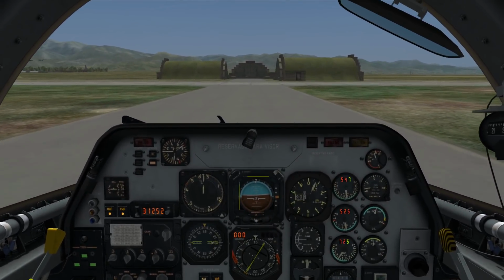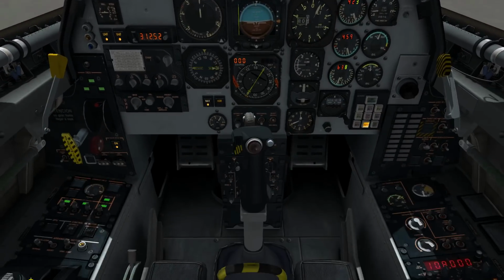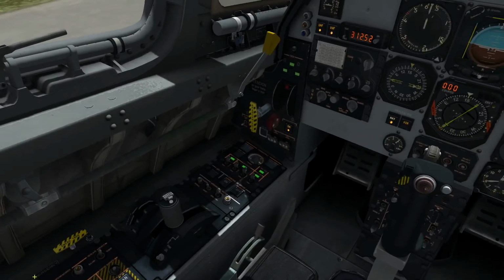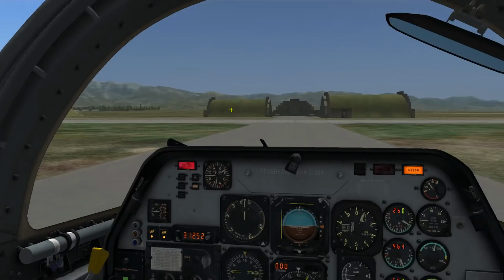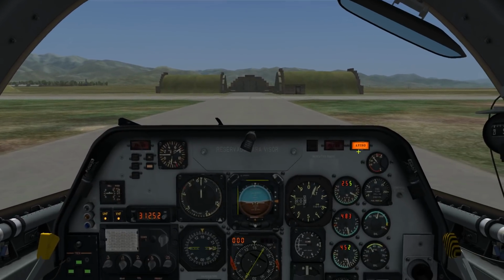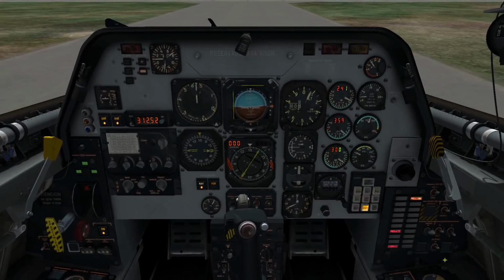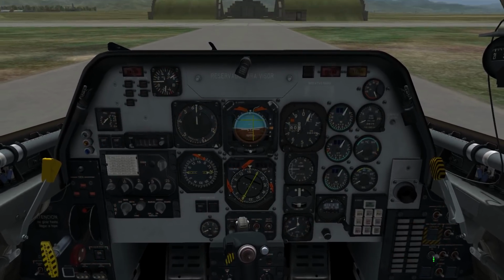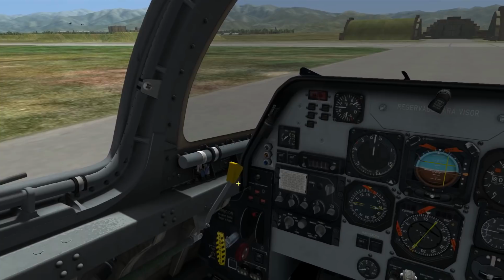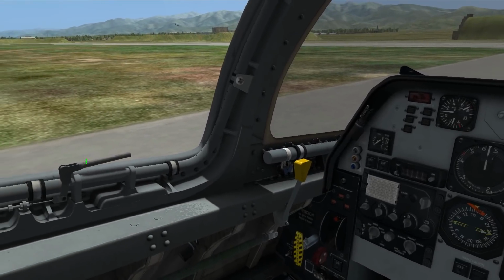And then we'll bring this to a rest here. And then what we'll do is power off the engine, hit the master caution, and then we'll turn off the battery. And then if we unpressurize and then unhook the canopy,